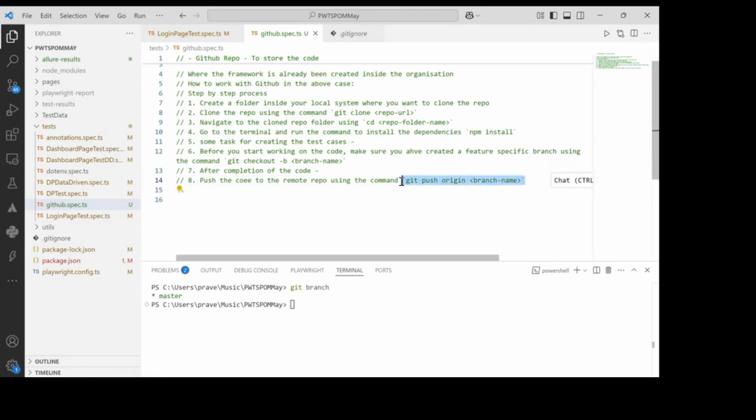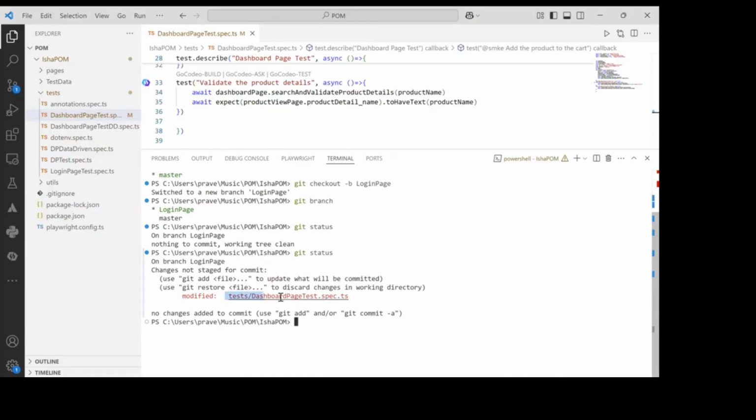But before pushing the code, you first have to check what kind of changes you have made, whether that is correct or not. After checking the status, you have to add this file so that it will be available for committing your changes. If you have worked with a database, at the end we say commit, right? Commit means you have committed the changes and you are ready to add them wherever you are trying to add. So the next step is to just say